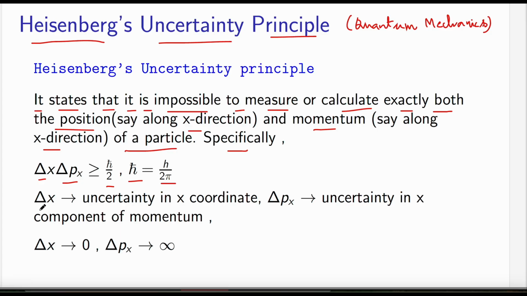And what is delta x? Delta x is the uncertainty in the x coordinate, and delta px is the uncertainty in the x component of momentum. So let us see what it means. Here what it means is that, say, a particle